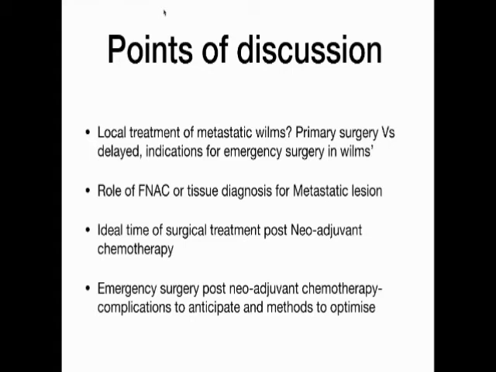Point well taken, sir. So in this case, like I said, only 2 cycles of chemotherapy. Normally, if this child had not had such a stormy course, she would have received around 6 cycles of 3 drug-based chemotherapy. At the end of 6 weeks, we would have assessed the response in the lung nodules, and then decided whether the child will need radiotherapy to the lungs or not. And like sir said, the take-home message here is that in Wilms tumor, within 10 to 14 days, radiotherapy should be initiated in these children.